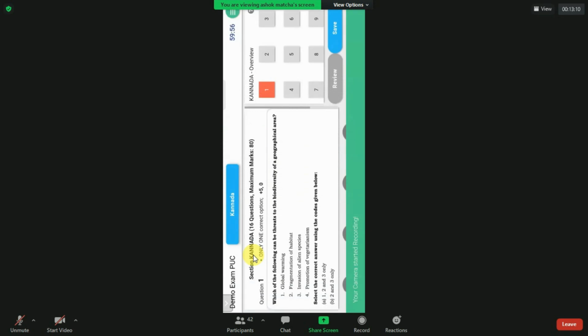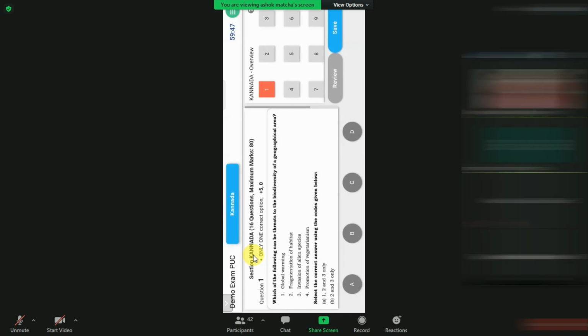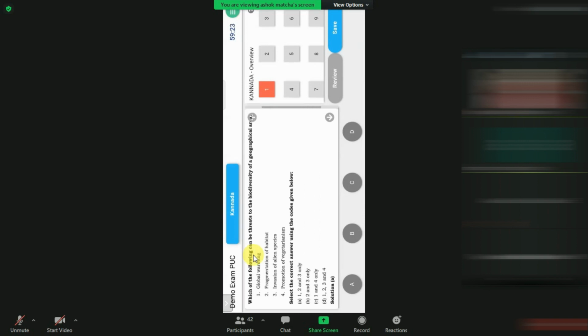So once you start the examination, this is how the examination will be. These are the questions. These are the 4 options as you can see, A, B, C, D. And these are the number of questions, all 16 questions as you can see. And every question starts like this: question 1, question 2, question 3. Each question carries 5 marks and negative marks 0. Only one among these is the right answer.